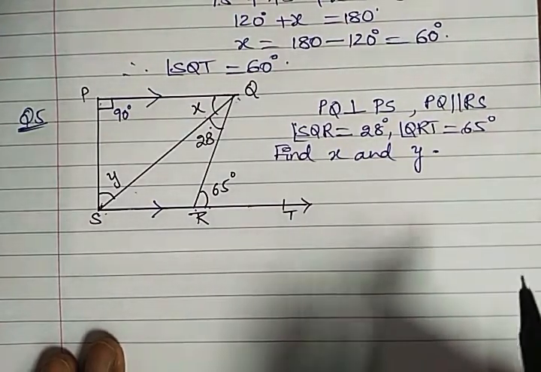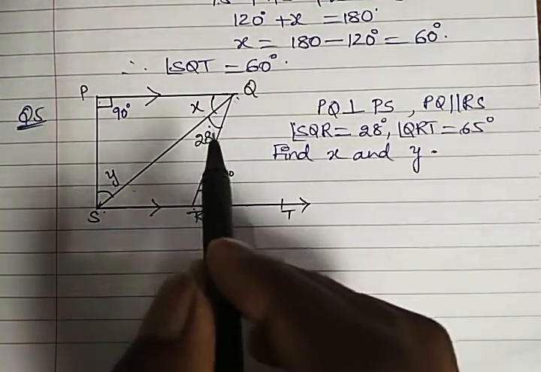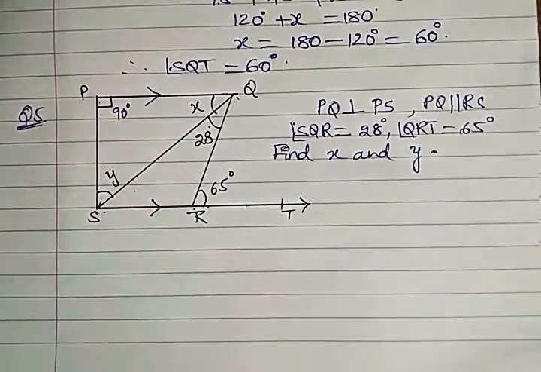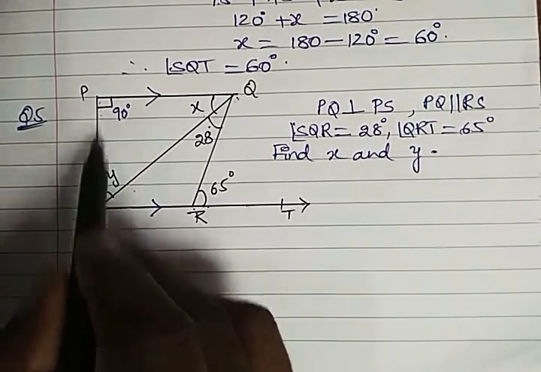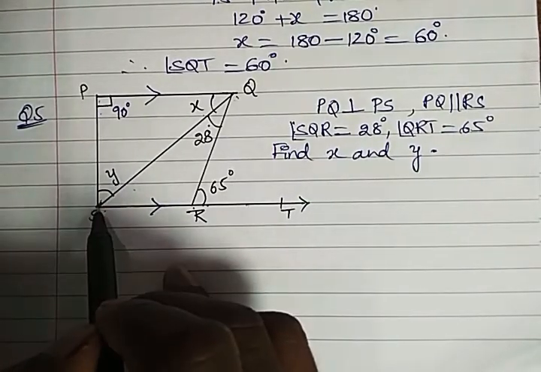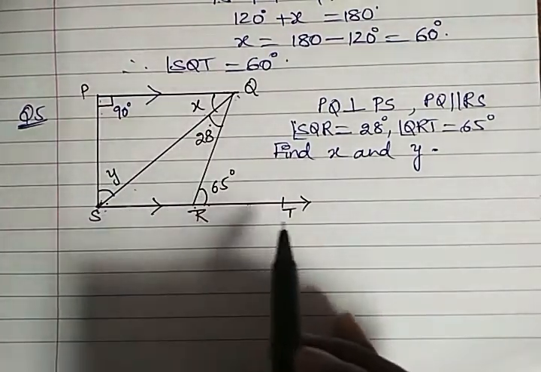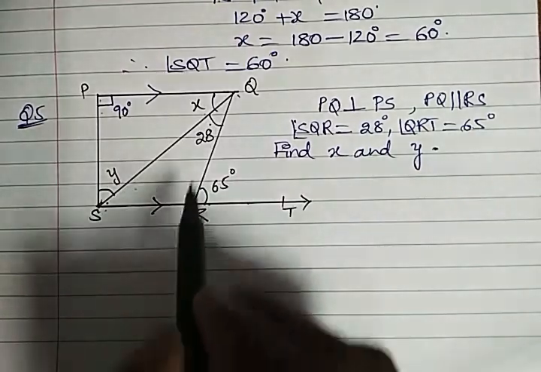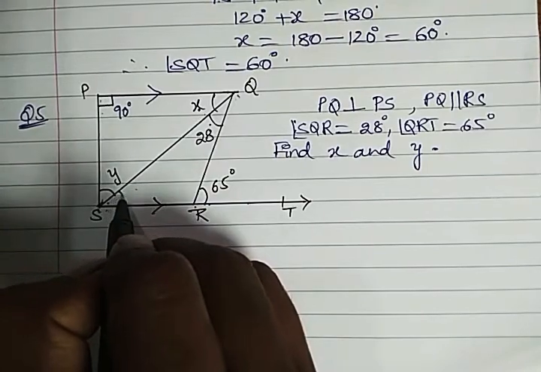If you carefully observe, we need to follow what is given in the data of the question. PQ and RS are parallel. P is 90 degrees and two more angles are given. These are the clues using which we have to answer the question. Suppose this is 90 degrees and this is a transversal. Then obviously QS is also a transversal because PQ and RS are parallel lines. Any line that cuts and intersects both of them is a common line, that is a transversal. So if this is X here, here also it must be X.